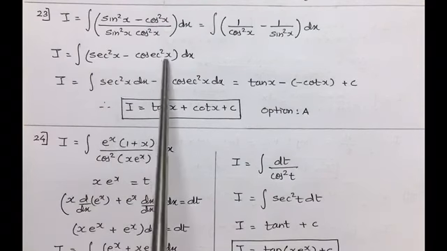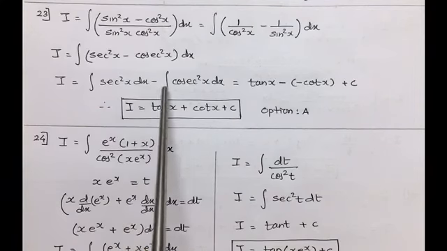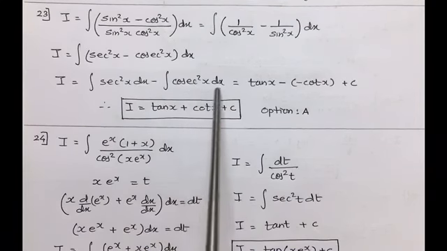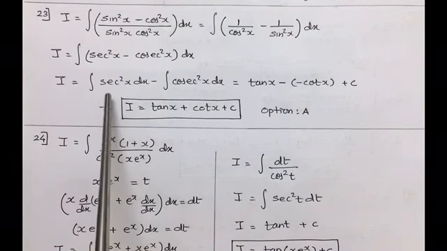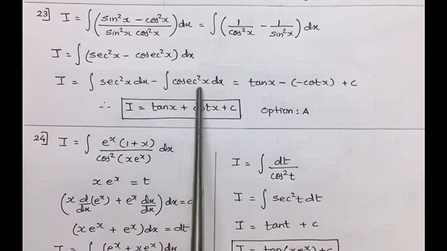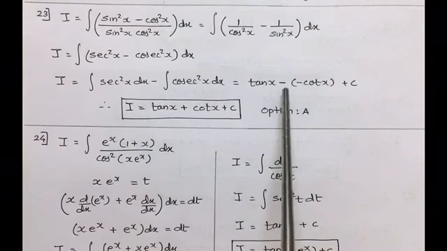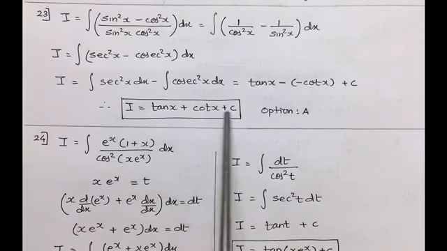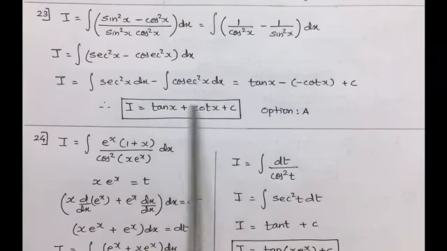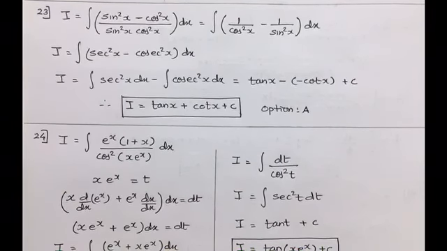Then integrating both separately, we get integration of sec square x dx minus integration of cosec square x dx. Integration of sec square is tan x. Integration of cosec square is minus cot x plus c. Minus minus will make it plus cot x plus c. So the final answer is tan x plus cot x plus c, and option A is the correct option. 24th one is